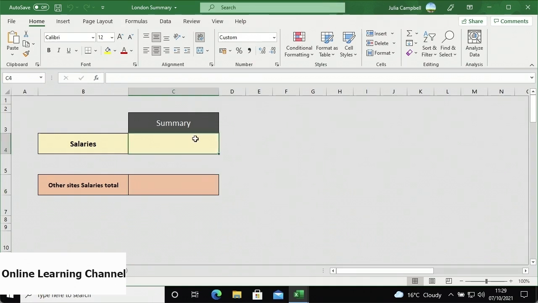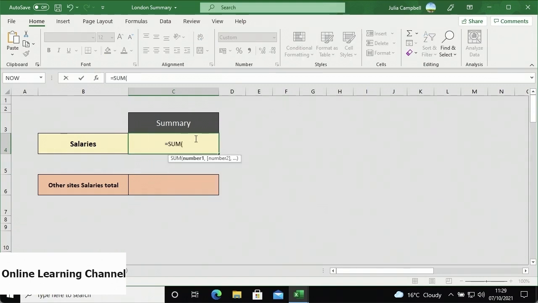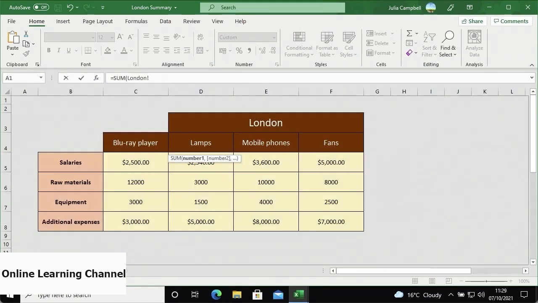Select cell C4. As I'll be adding a range of cells, insert an equal sign followed by sum and an open parenthesis. As I'll be referencing from the London worksheet, I'll click that worksheet tab at the bottom left. Note that the London worksheet has now been referenced in my formula in the formula bar. The exclamation mark indicates that this is a worksheet name. Note that if your worksheet is named using non-alphabetic characters, it'll need to be enclosed by single quotation marks in